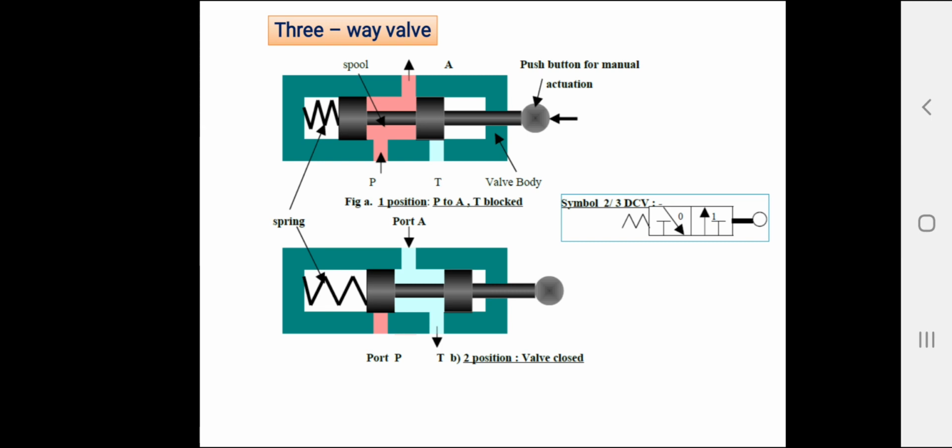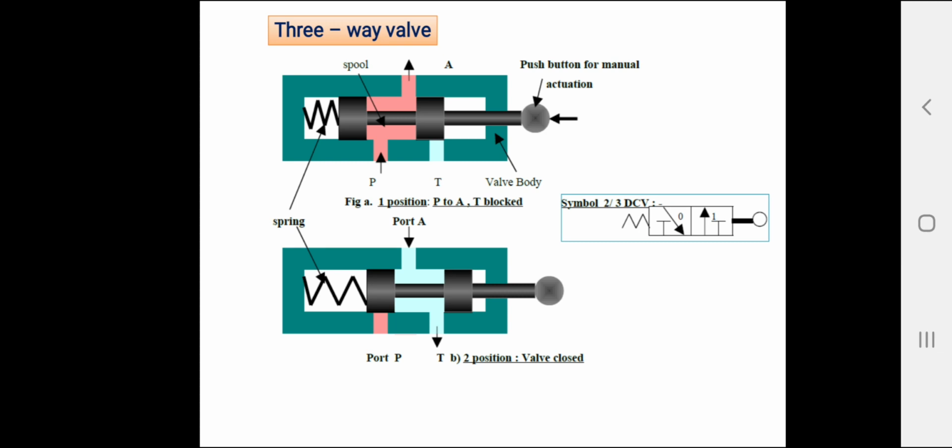Three-way direction control valves are available in manual, mechanical, pilot, and solenoid actuations. These valves may be of 2 position or 3 position. Most commonly they have only 2 positions, but in some cases a neutral position may be needed. These valves are normally closed valves, that is, the pump port is blocked when the valve is not operating. The three-way valve ports are inlet from the pump, working ports, and exhaust to the tank.